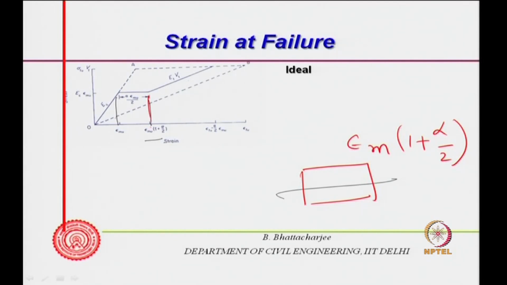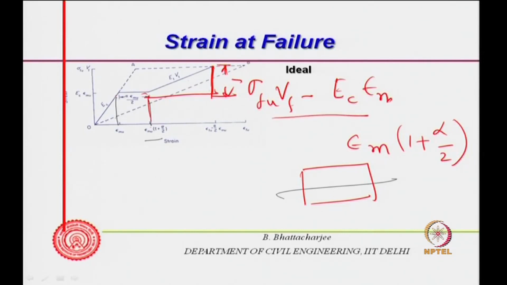So, at this point it is half epsilon mu by 2. Now, we want to find out what is the strain at this point. Now, the stress difference here is this much, which we know is sigma Fu Vf, and here it is actually Ec epsilon mu, because composite modulus of elasticity multiplied by epsilon mu. So, this is the stress difference, and stress divided by strain is equal to